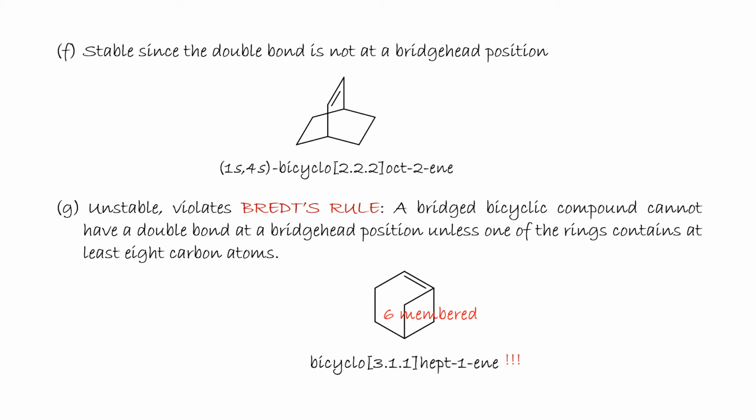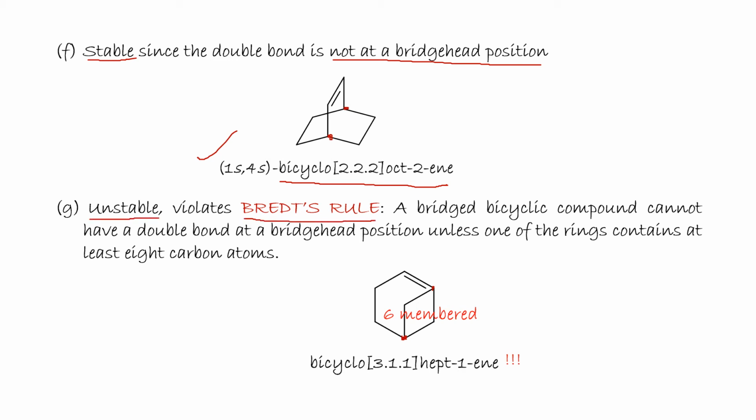What about this compound? Bicyclo[2.2.2]oct-2-ene. Stable, since the double bond is not at the bridgehead. The bridgehead is here, this one or that one. So the double bond is in the 6-member ring, not at the bridgehead, so it's stable. For this one, again, this is a bridgehead. If it's at the bridgehead, the ring has to be 8 or more. Unstable, violates